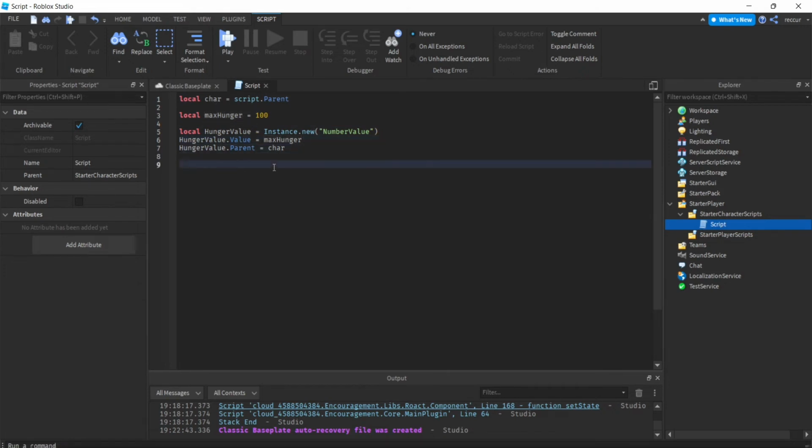All right. So we can then probably make our GUI. I think that should be it. Actually, let's make that after, but let's first make a function that slowly starts decreasing the health. So we're going to make a function. We don't need local, but function